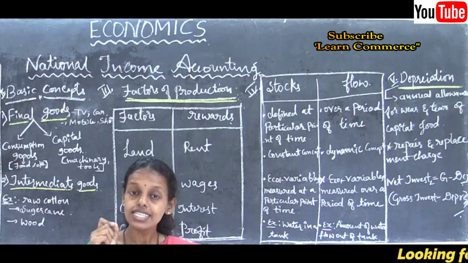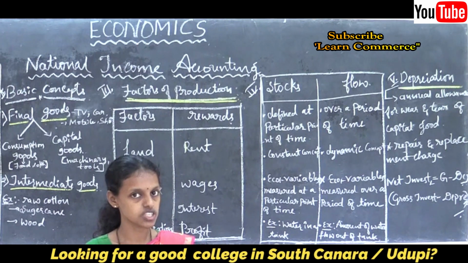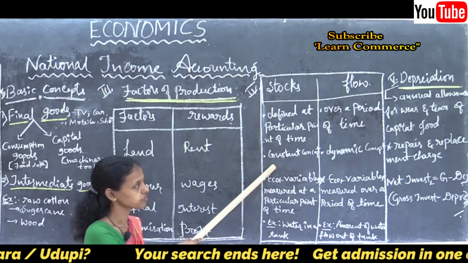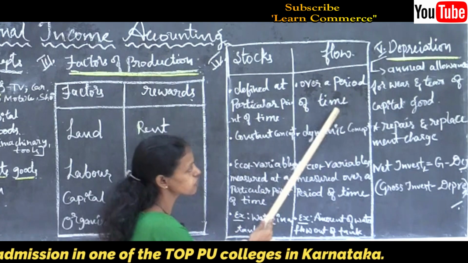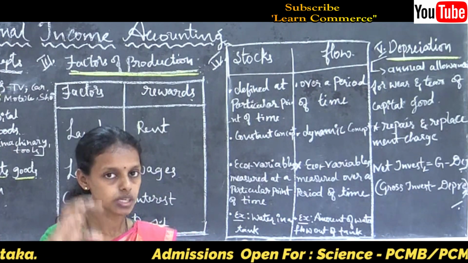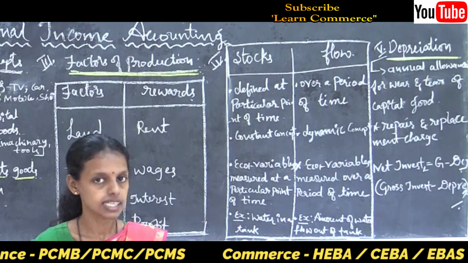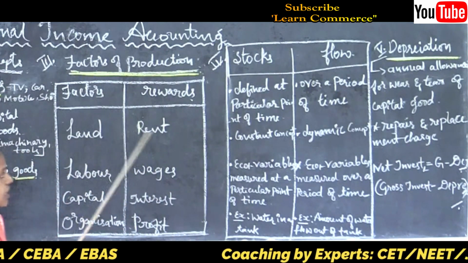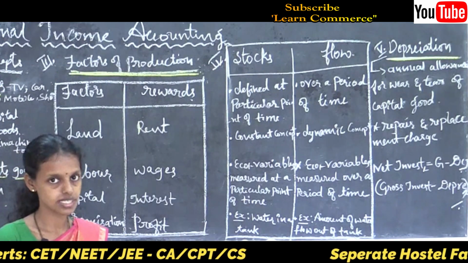It is a static concept, meaning it is not at all changing, unable to change, not a variable factor. So what is flow? Flow is defined over a period of time. Whatever the stocks that we are going to calculate while calculating the national income, flows are nothing but these things: rent, wages, interest, profit, rewards given to the factors, factor payments. Those are the